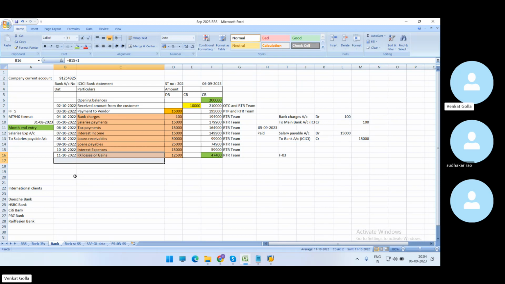In SAP itself we cannot check all the transactions. We can check at the total level or line item level, but we are also maintaining Excel format also for better